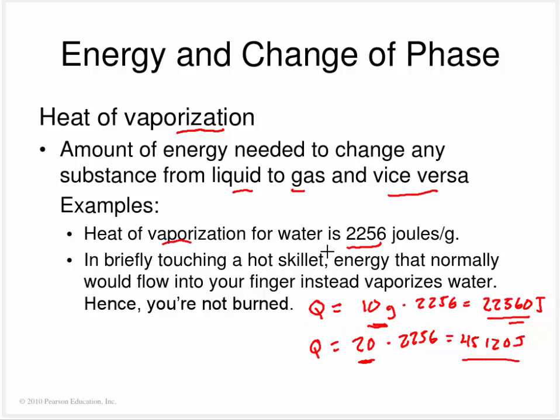And an example of how the latent heat of fusion or vaporization can play a role in your life is if you get your hand wet, you can very briefly touch a hot skillet, and energy that normally would go into your hand is actually going to go into vaporizing the water, and so you're not burned as long as you don't hold it there for